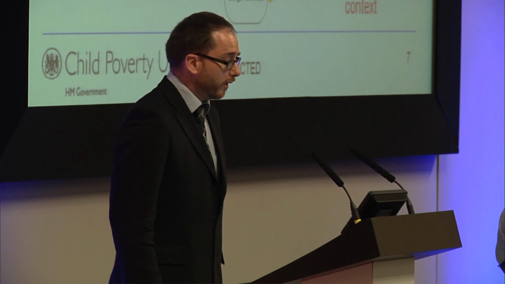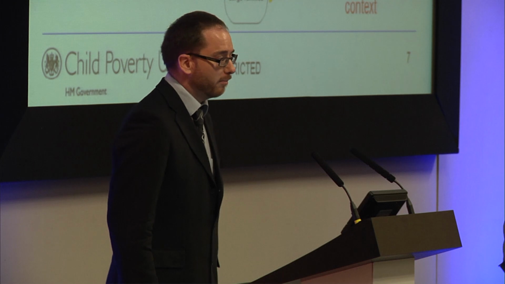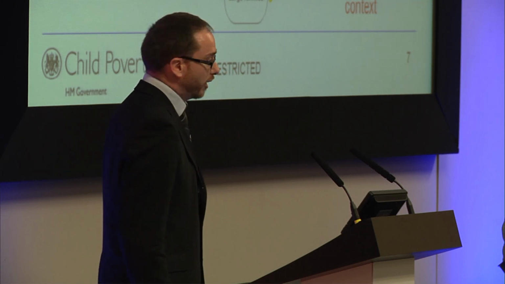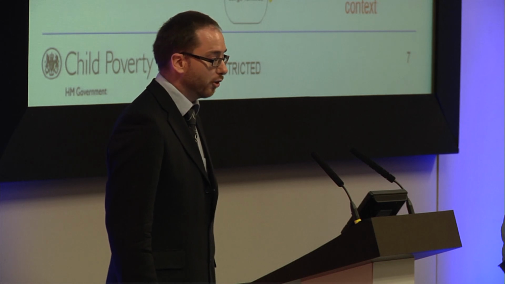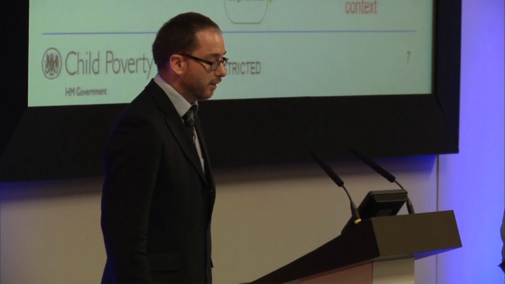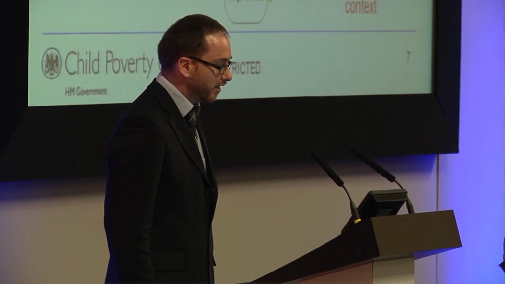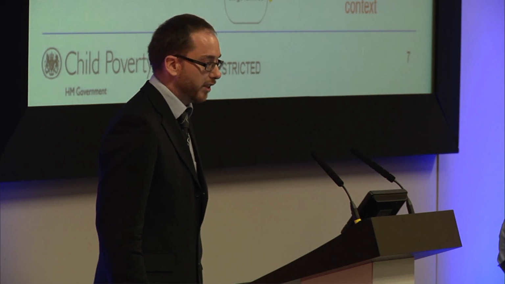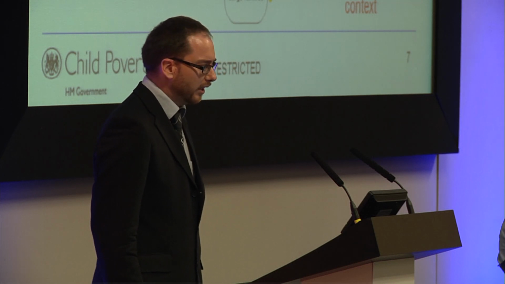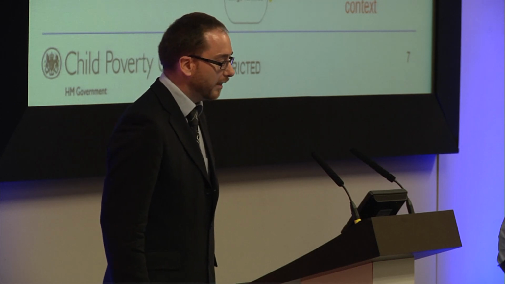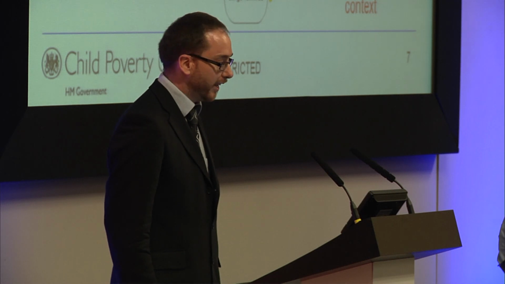So, what do we think is important to measure in terms of poverty now? Well, we think it's important to try and distinguish between who's stuck in poverty for a short period and who's stuck there for a longer period. So what we've done following the consultation is conduct an extensive internal review of evidence in this area, as well as trying to engage with academics in the field. And what we've been looking to do is to identify drivers of entrenched poverty, and what we're calling entrenched poverty is being in low income now and likely to be there for some time.